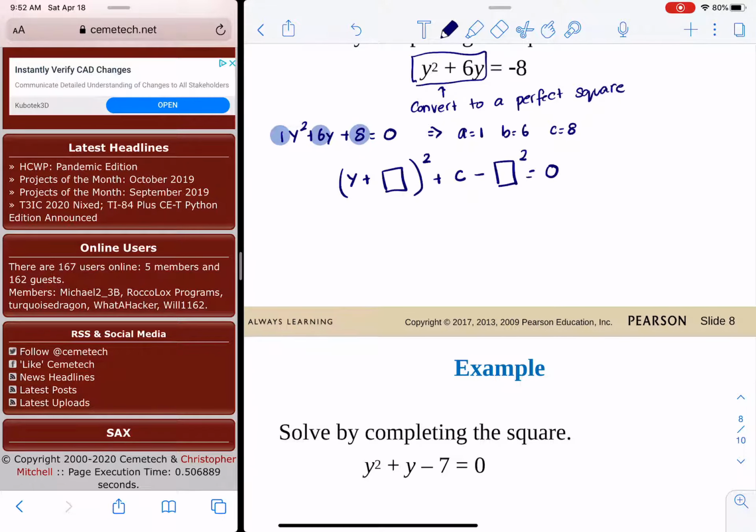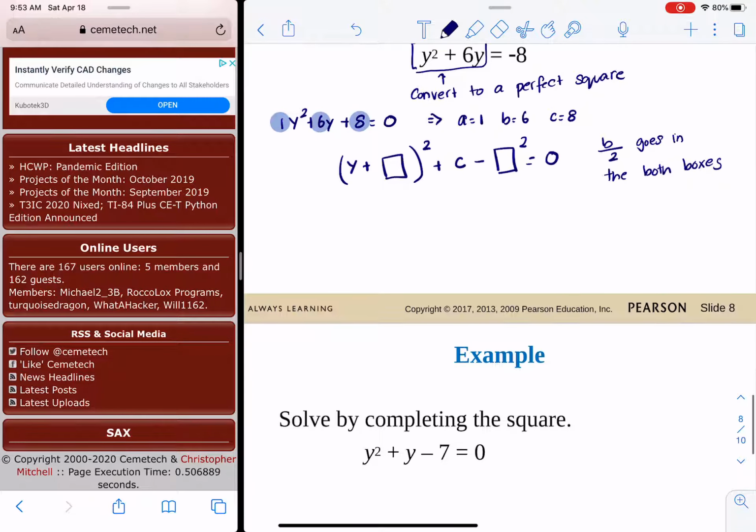What goes in the box? b over 2 goes in both boxes. So we have 1, b is 6, 6 over 2 squared, plus c is 8, minus